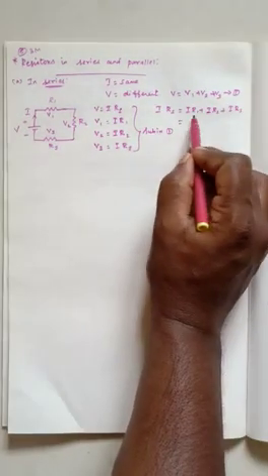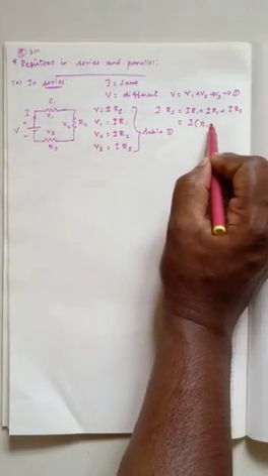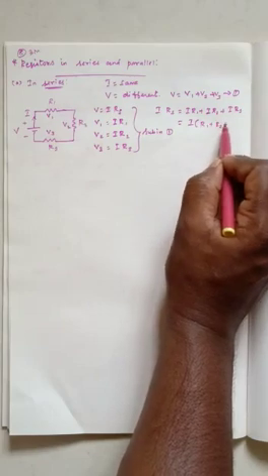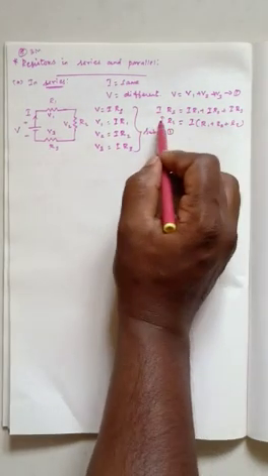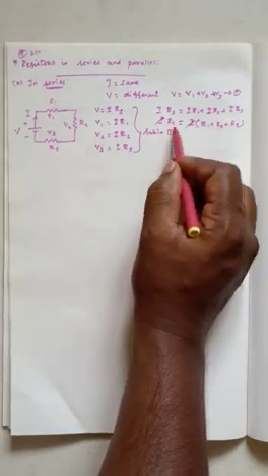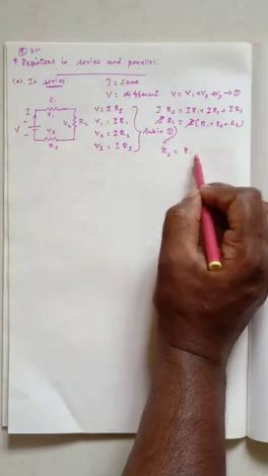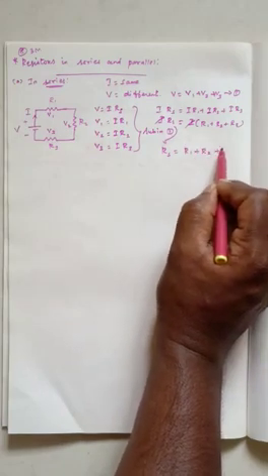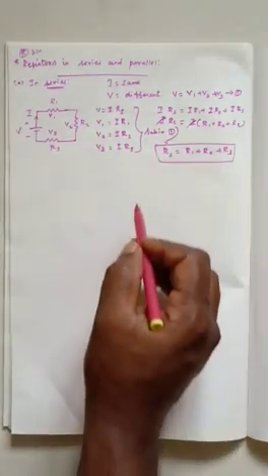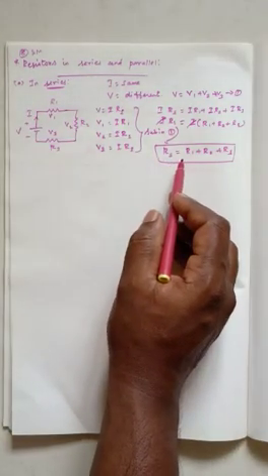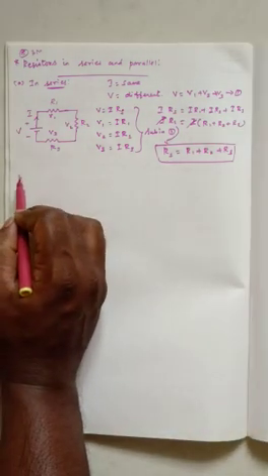Okay. So on the right side I is common, so take it out. The remaining is R1 plus R2 plus R3. Here I into Rs, I gets cancelled. The remaining Rs is equal to R1 plus R2 plus R3. So for resistors connected in series, the equivalent resistance is equal to the sum of the individual resistances. That's all. Then in parallel,